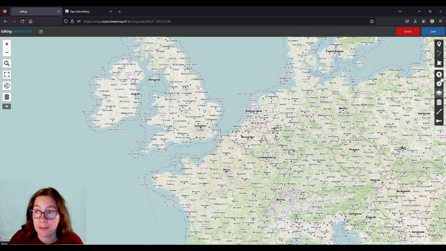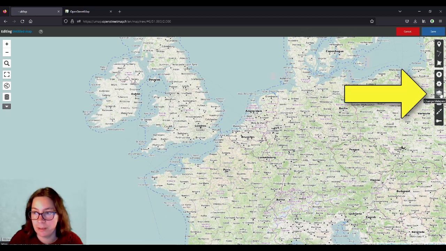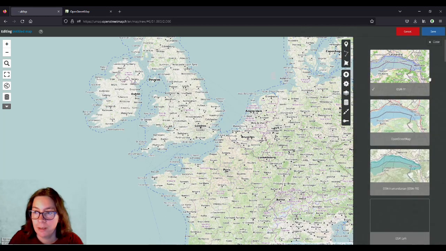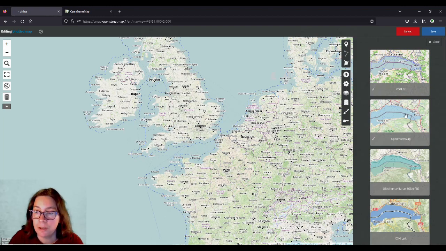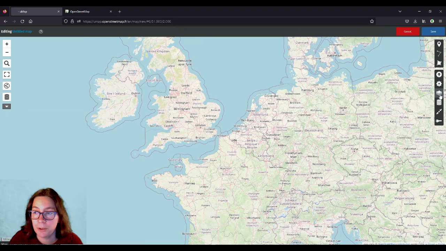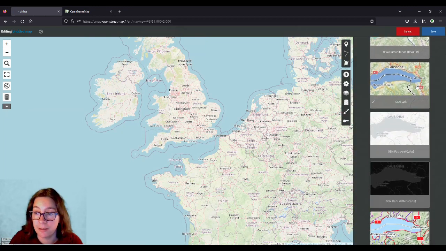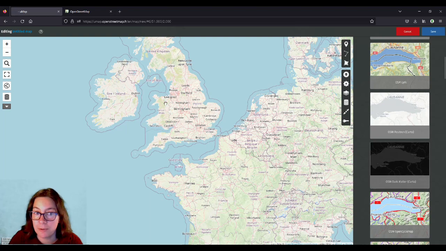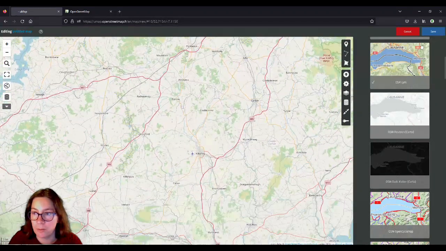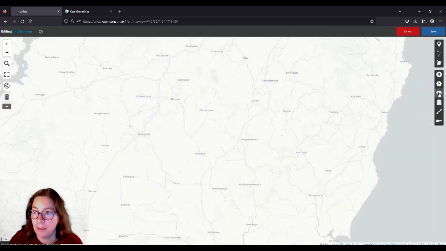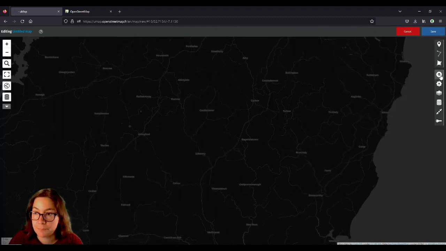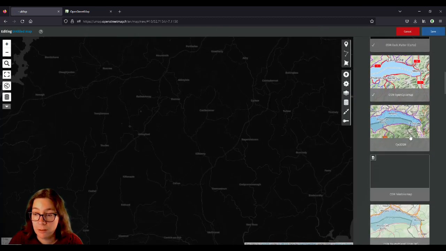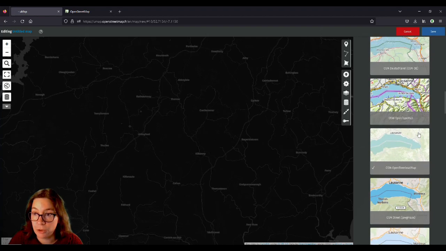So on the right-hand side, we have a menu, and it's number 6 from the top. It says change tile layers. And there you can see that OSMFR is activated, has a little tick here. And you can change it to the standard view of OpenStreetMap, but you can also choose from a variety of different styles. And I sometimes, because I don't want too much detail on it, I often choose this one here. But there are more. There's a dark one as well. Depends entirely on what you're trying to achieve or what you want to show.